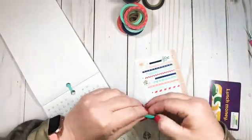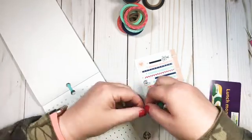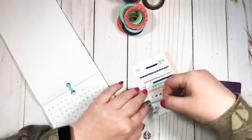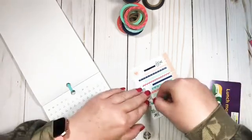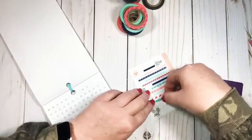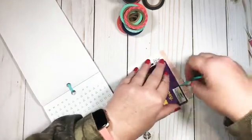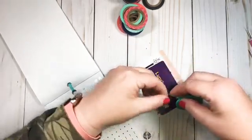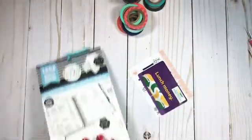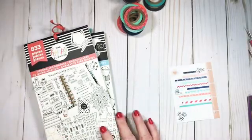And so what I was saying is that seeing the washi laid down on the paper like this will help me, and I hope it would help you as well when you create yours. It will help me to see what the washi looks like when it's laid down on paper, and it will make me want to use it. I will be able to see it. So, what I did is